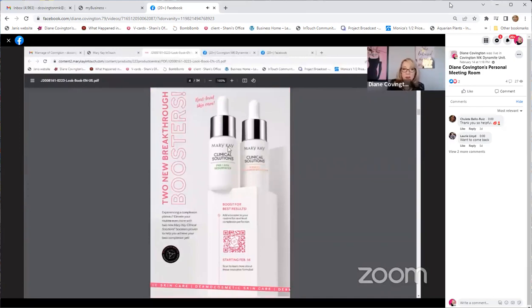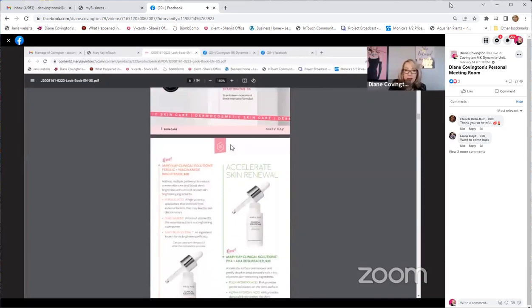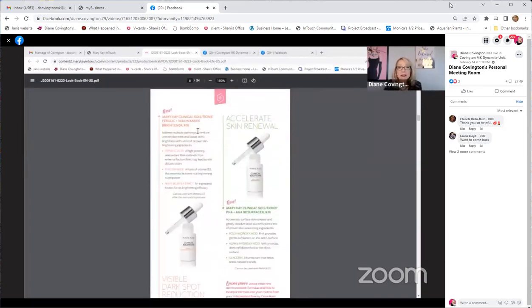Now, the 2 boosters, I'll give you a little bit of a better explanation here. So let's take the one on the left. This is the one with ferulic acid and niacinamide brightener. So it adds multiple pathways to reduce uneven skin tone and boost skin's brightness with a trio of proven skin brightening ingredients. So the ferulic acid is a high potency antioxidant that defends from external factors that can lead to